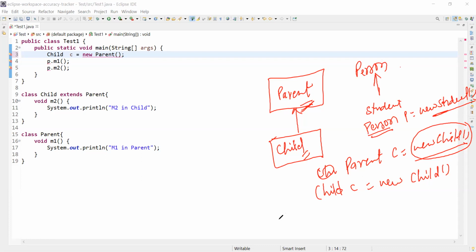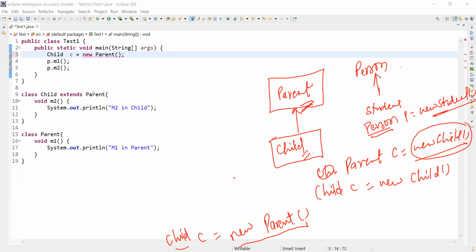But when we say like this, new parent, and I'm saying child C is equals to this, we cannot say like parent is a type of child. We can only say a class is a subtype of a class when this class extends that particular class.